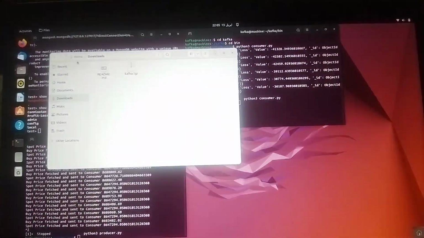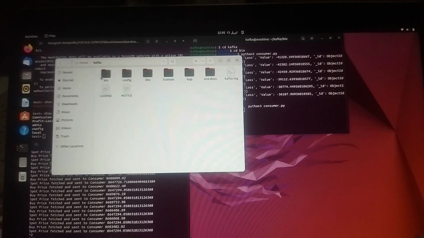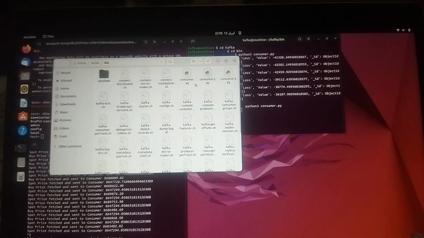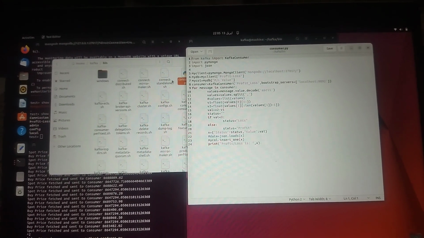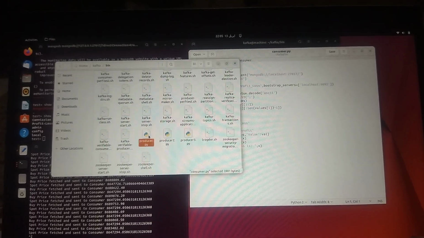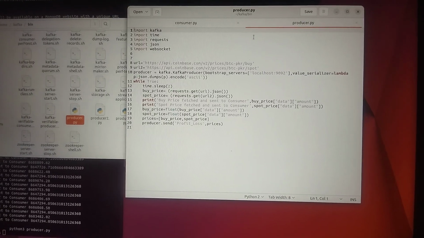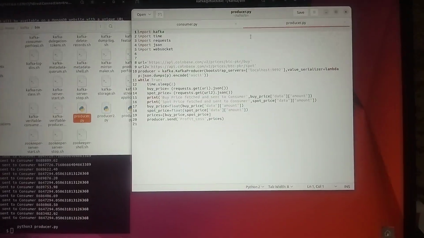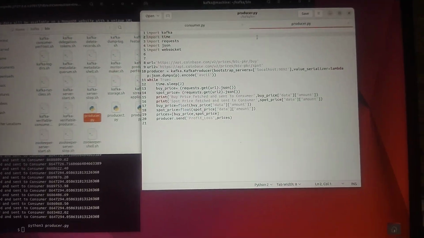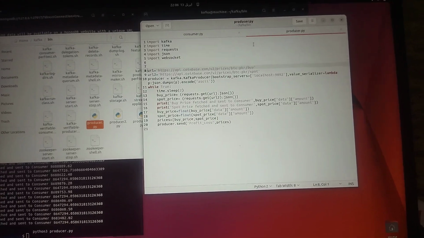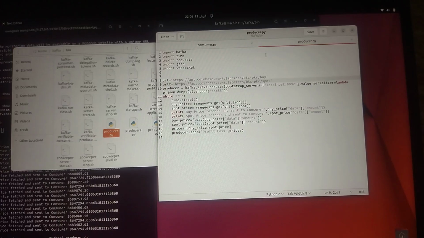So coming to the code part, the first code which I will be explaining will be of the first producer and consumer. First of all, you can see the producer code. Here I am importing the Kafka client library of Python, and I am actually using two URLs of Coinbase. Basically, it is a Bitcoin